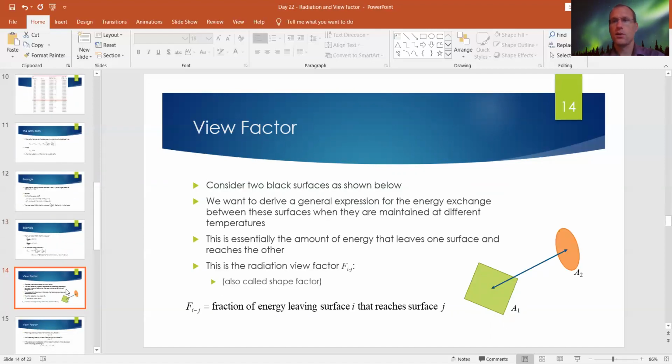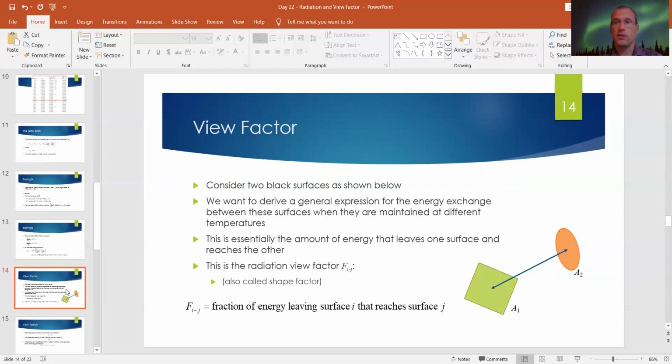What happens with radiation is I have this body and it's emitting radiation in every single direction. Think of you as a person: you have some temperature, so you're emitting some radiation. Some of that radiation is moving in front of you, some is going behind you, some is going to the side. If I'm looking at the interaction between two objects, for example me right now and my computer sitting in front of me, I have radiation coming off me in all directions. That total energy is sigma T to the fourth,